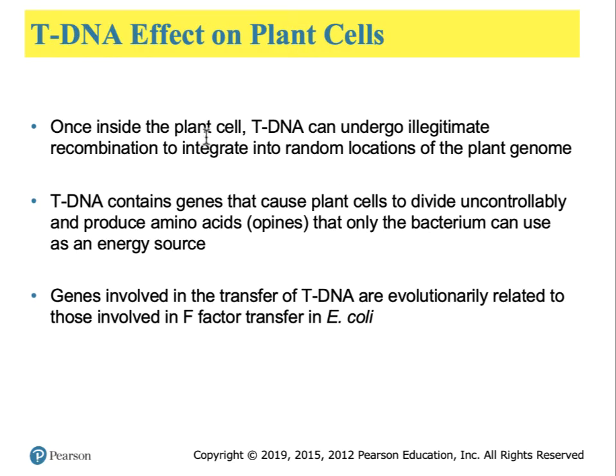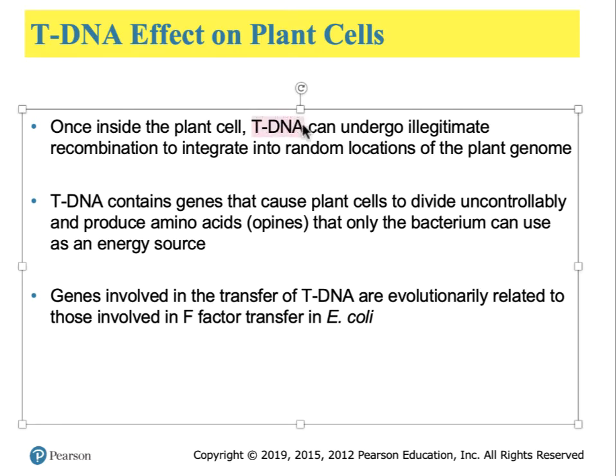Once inside the plant cell, this small fragment of DNA, the tDNA, can undergo illegitimate recombination to integrate into random locations within the plant genome. Within the tDNA sequence are genes that cause plant cells to divide uncontrollably and produce amino acids that are unique to the bacteria. These amino acids are not your standard 20 amino acids. These are known as opines, and only the bacteria can use them as a source of energy, which then diffuse across the plant cells to